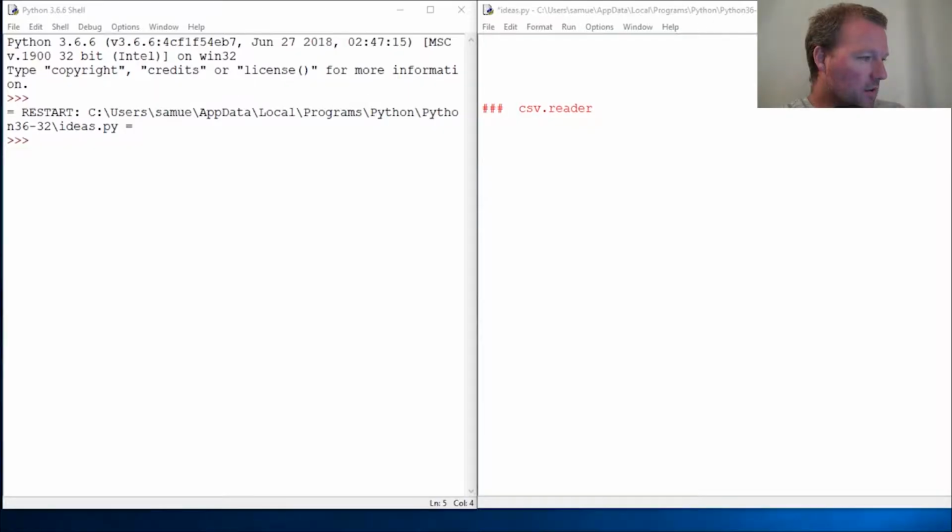So all right, guys, we are going to continue with our CSV library, and the module that we're going to look at today is called reader. But before we get started,